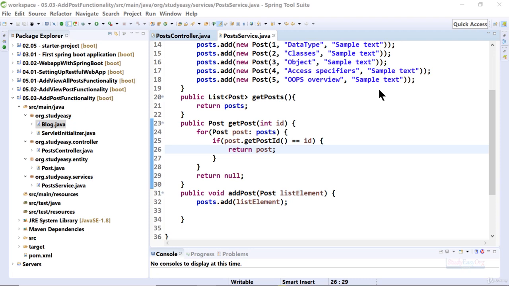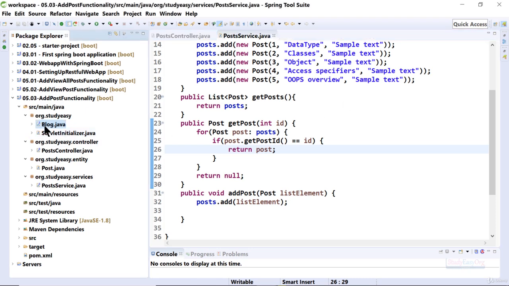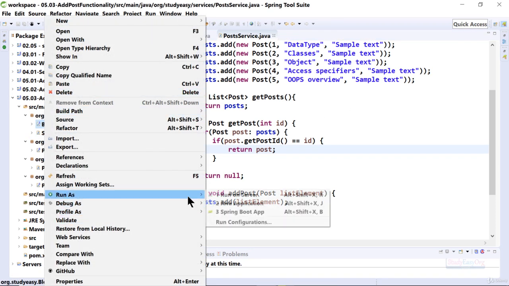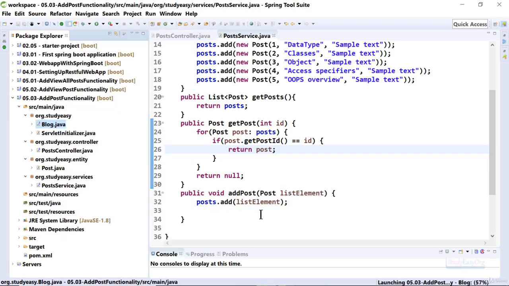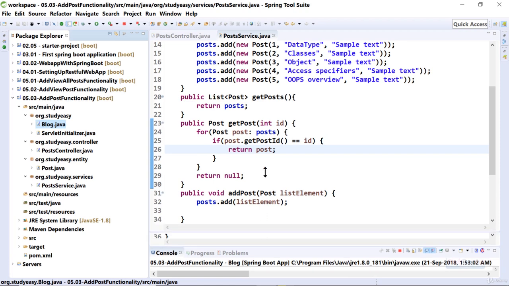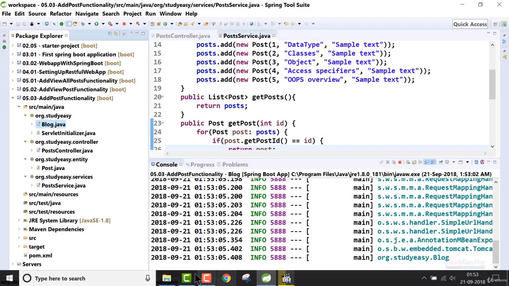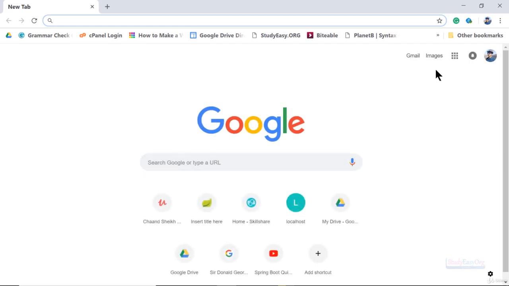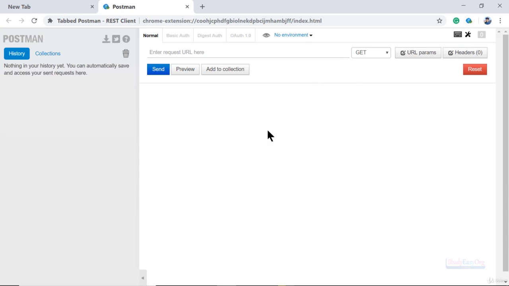This is nice. Now let us quickly run this application and I will right click and run this Spring Boot app. It will take a couple of seconds and it is up and running. Let us navigate to Google Chrome, and in here we have already installed this Postman REST client. Here is our Postman REST client and the URL is localhost colon